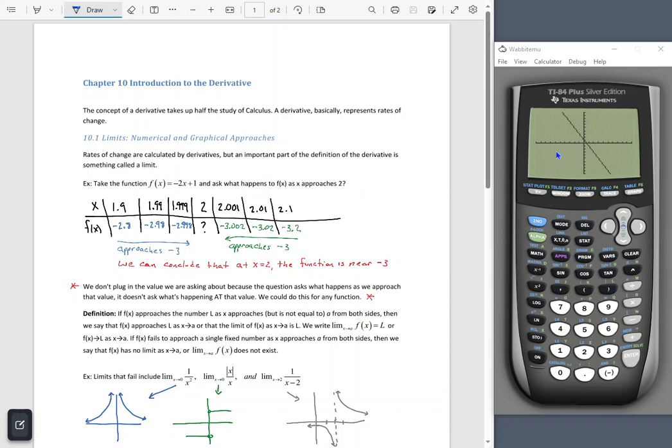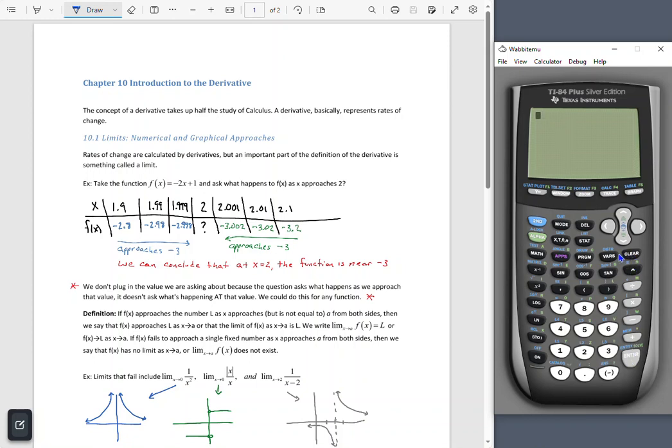But we're not going to look at this as a graph as much as we want to see it in table form. And on this TI graphing calculator, when you're in your tables, after you put in a y equals,